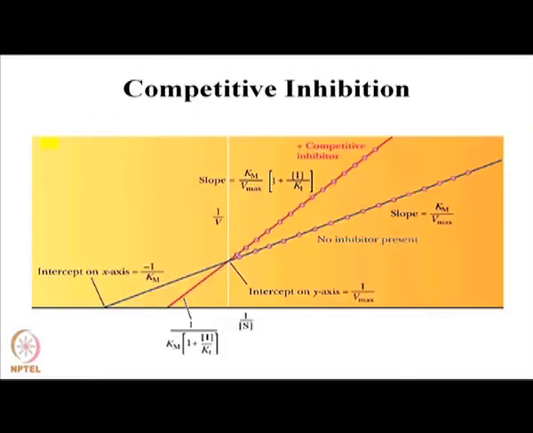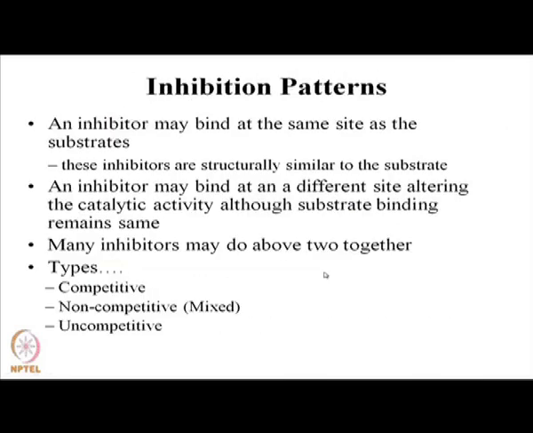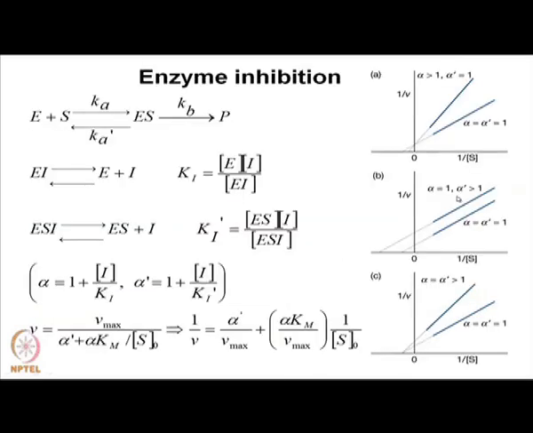Next, the corresponding plot of 1 by V versus 1 by S. You see that this is for no inhibitor present, and this is for competitive inhibitor present. Okay. Let us go back to the earlier slide. Okay. This one, you see,